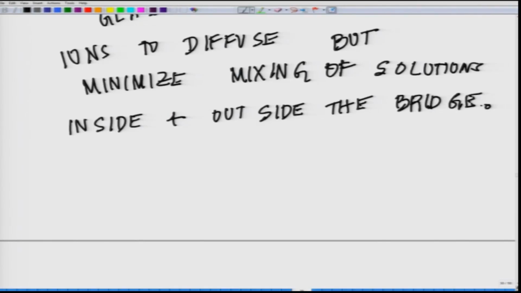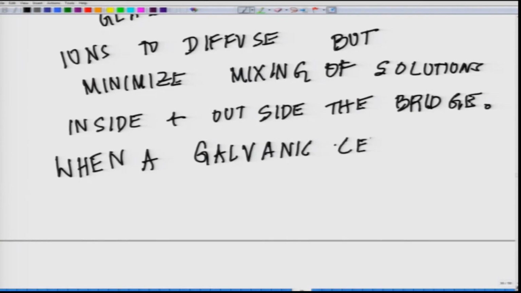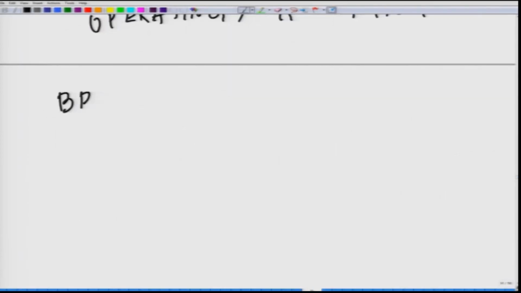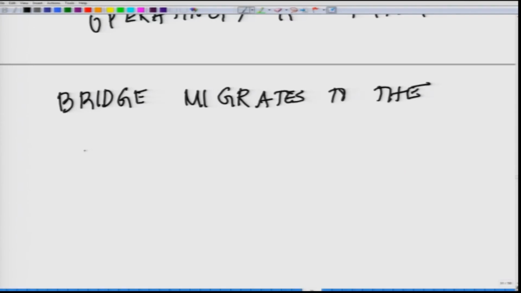So, it will not allow any further mixing. So, when a galvanic cell is operating, then potassium from, so I haven't introduced this, I will complete the drawing. Potassium from the bridge migrates to the cathode chamber